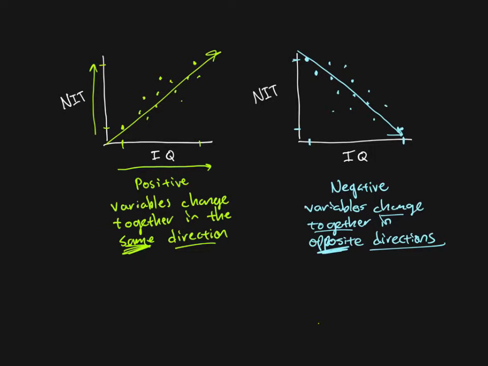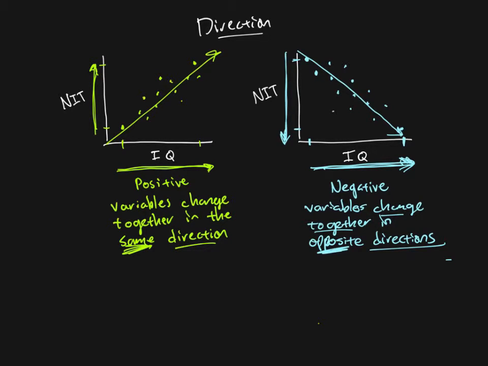By opposite direction, you can see that if we go up in IQ, we get a higher IQ over here, and that person is likely to get a low score on the NIT. So a higher IQ means a lower score on NIT, or a higher NIT means a lower IQ. You can see these arrows are going in sort of opposite directions, whereas these over here are both showing increase. Higher on one means higher on the other. On this one, higher on one means lower on the other. So this is one property that a correlation has. We call this property the direction